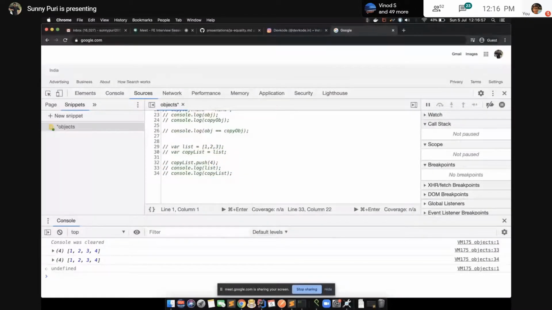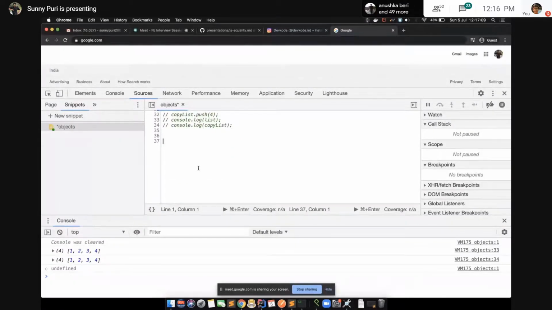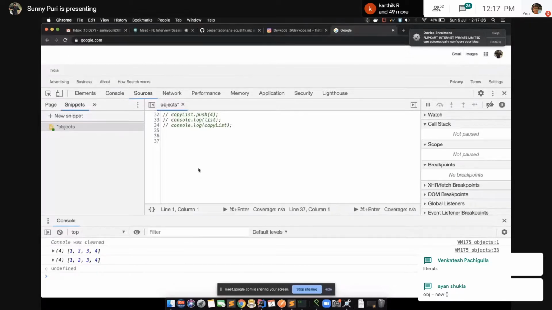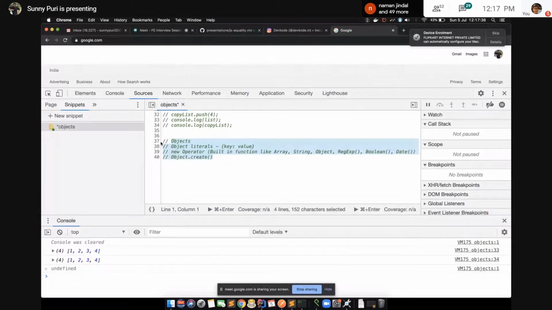Let's see how we can create an object. The next question people are asking is, how many ways are there to create an object? Just name them instead of counting, please. Literals, correct. Literals, new Object, Object.create. Great, so we have three ways: object literal, then the new operator, then Object.create.